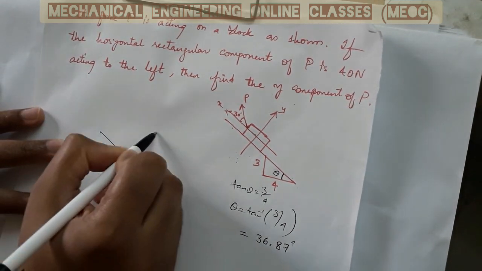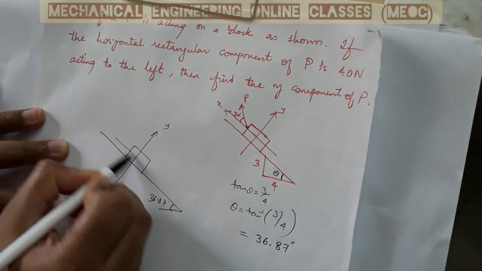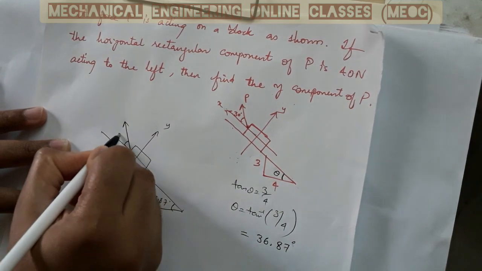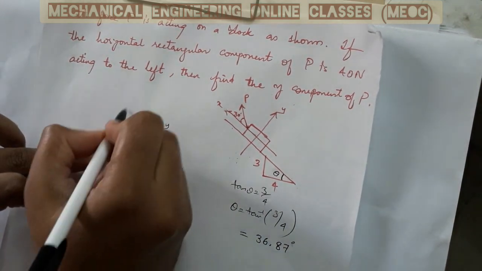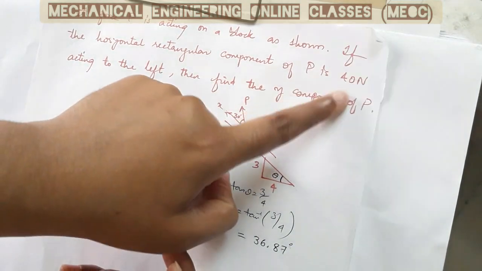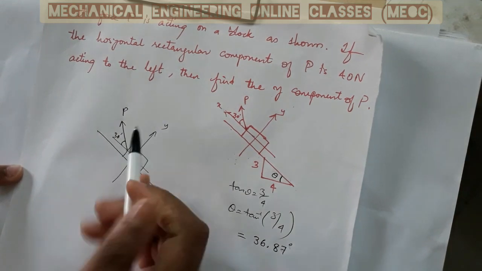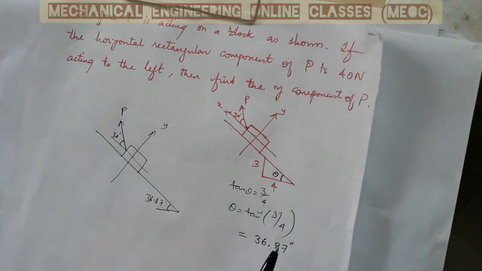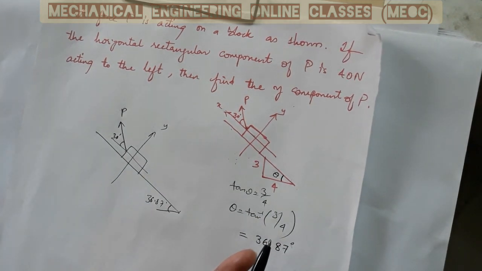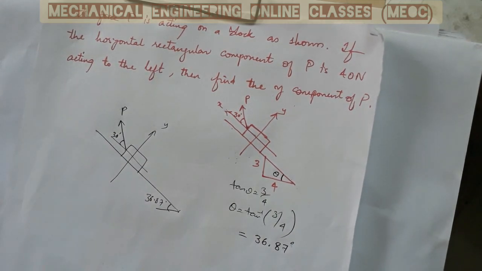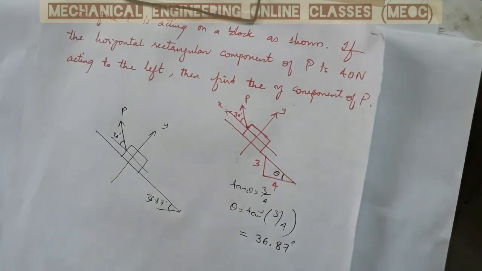So this is the y. Because this is x, P is given somewhere here, which is 30 degrees from the inclined plane. This is P, which is left upward. Now the question has another piece of information. If at all I am going to resolve this P, we can resolve it in any direction, right? It might be into oblique components or rectangular components, and along the inclined plane or parallel to it or at some angle to it. You can resolve this P into any different components, as we have already seen in our previous lectures.